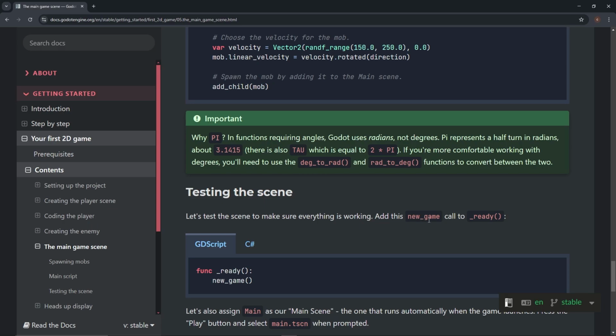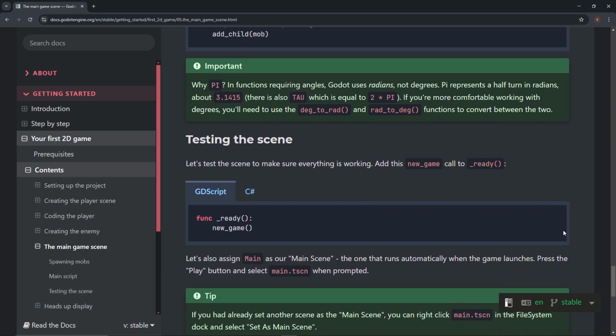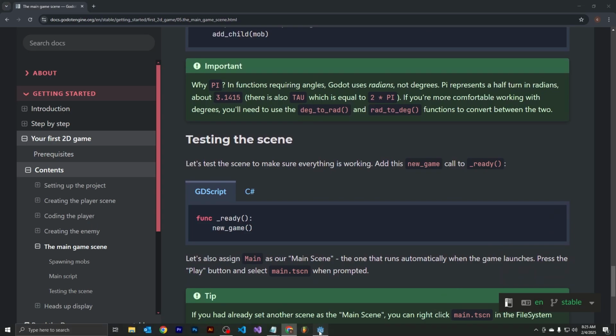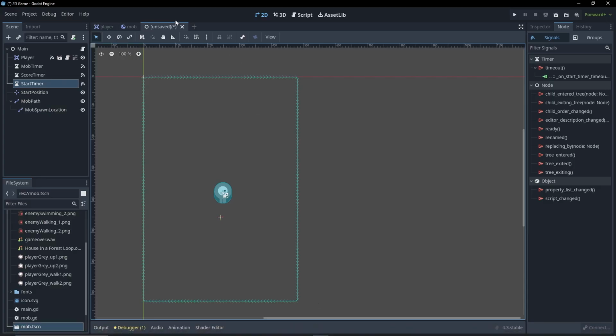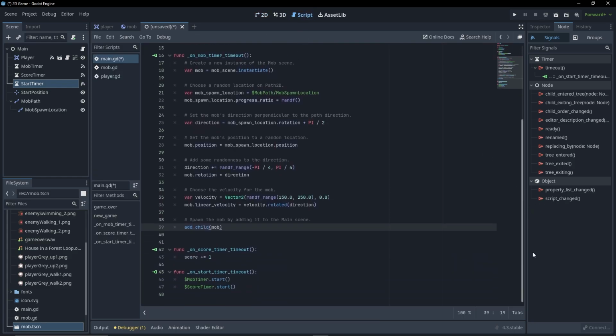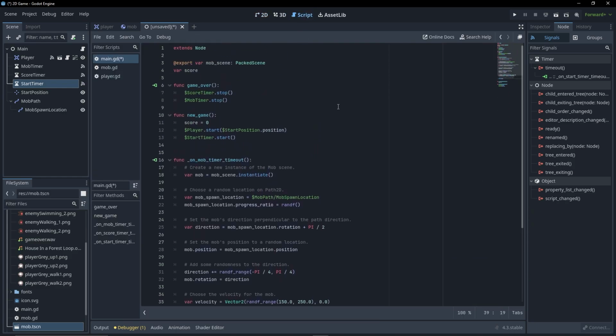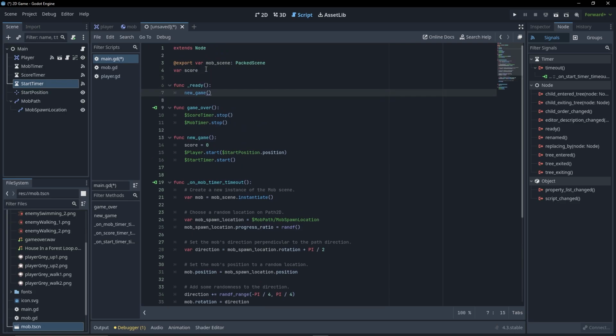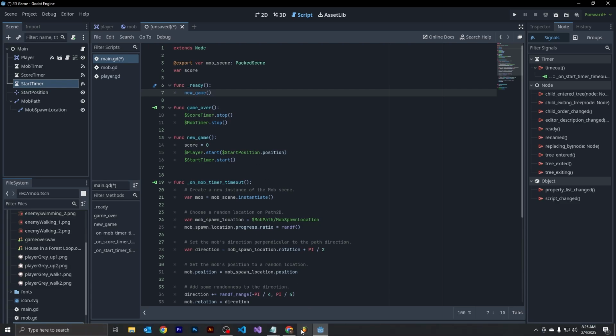To do that, we're going to add this new game call to ready. So let's get ready. All right, and we're going to add ready at the bottom. Actually, let's add it in the middle. Let's put ready up here at the very top. How about that? Func ready new game. All right, so now that we've got that,